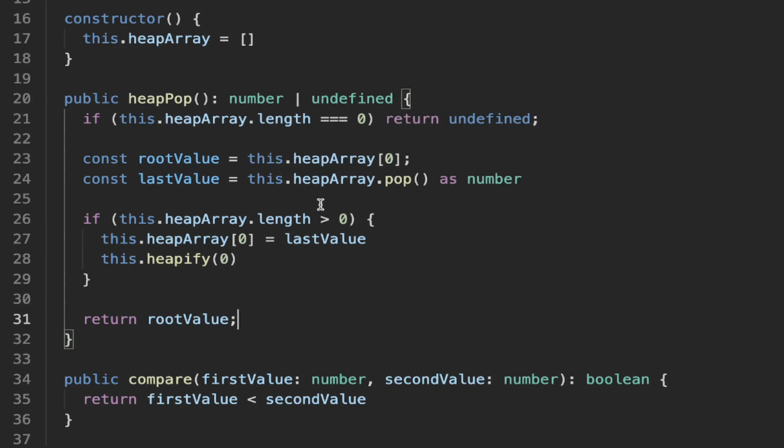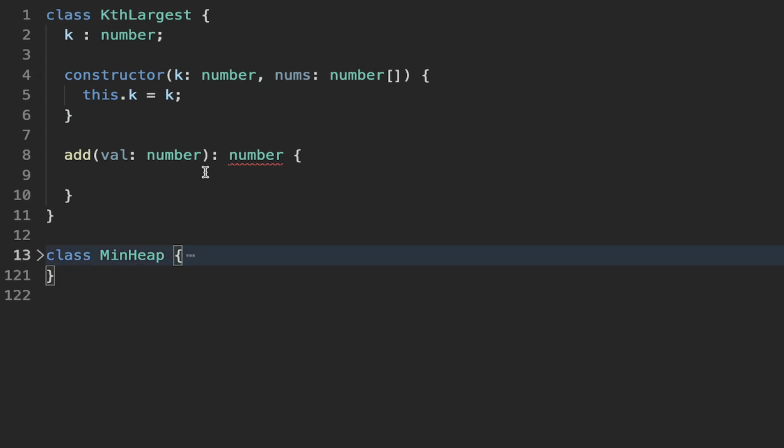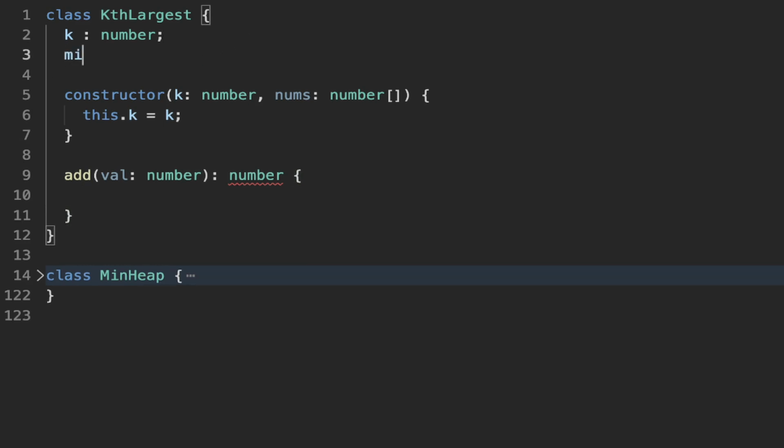So basically all we've done is we've just popped the last element from an array, we swapped it with the root, and then we've called heapify on the root, which will heapify the array for us. So now we can actually look at the code, and since we have this min heap class, it actually simplifies the code for us, because we don't have to re-implement things, although we've already implemented it in the previous video. So basically we want to make use of our min heap data structure, and we can initialize this to the minimum heap here,